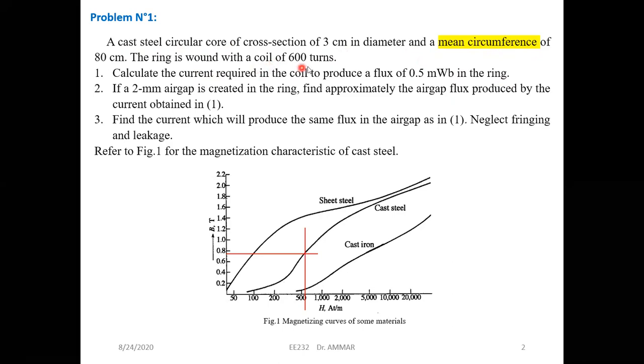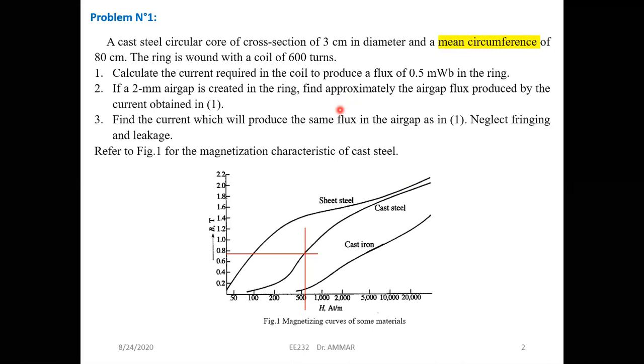The ring is wound with a coil of 600 turns. Firstly, calculate the current required in the coil to produce a flux of 0.5 milliweber in the ring. The second question said if a 2 millimeter air gap is created in the ring. So the first question is without air gap, and in the second question we are going to add an air gap